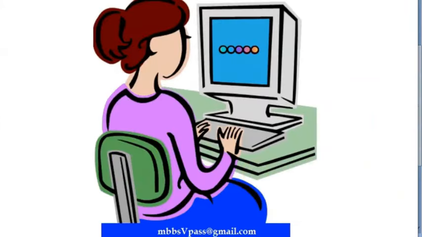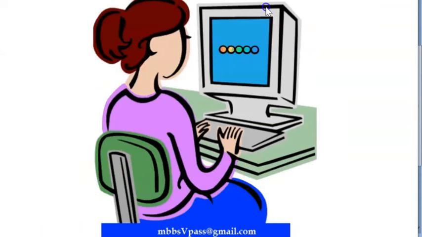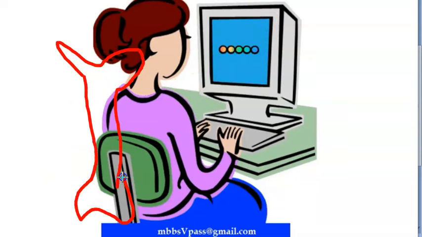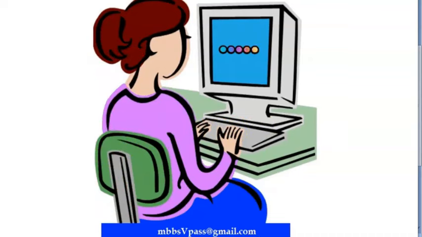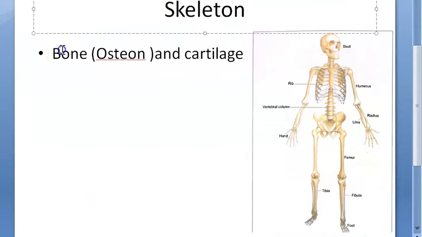See guys, bone, you feel like it is just a solid thing which doesn't have life. Actually, bone is a living tissue. You should not forget, bone is a living tissue. And bone is the one that makes blood. It has bone marrow inside, red bone marrow and yellow bone marrow. So bone makes your RBCs and your WBCs. Erythropoiesis happens where? In your bone. So bone is giving you blood, something that doesn't register in people's minds, isn't it?